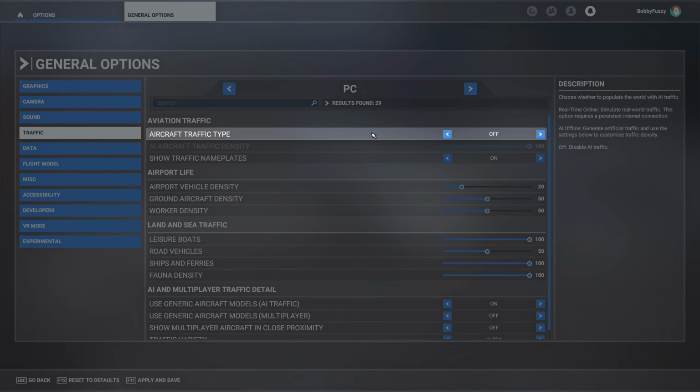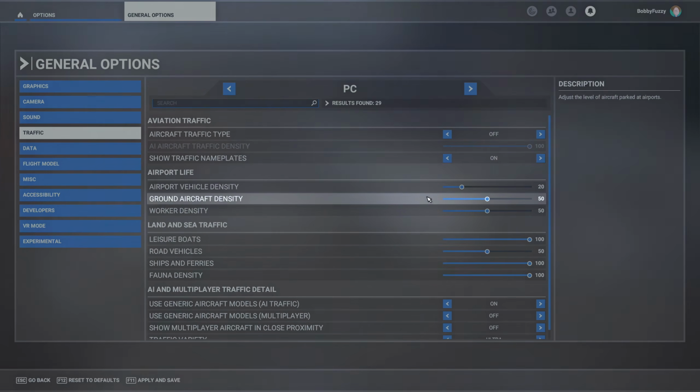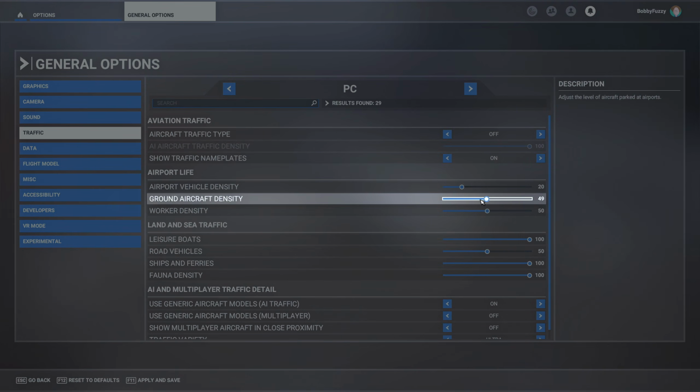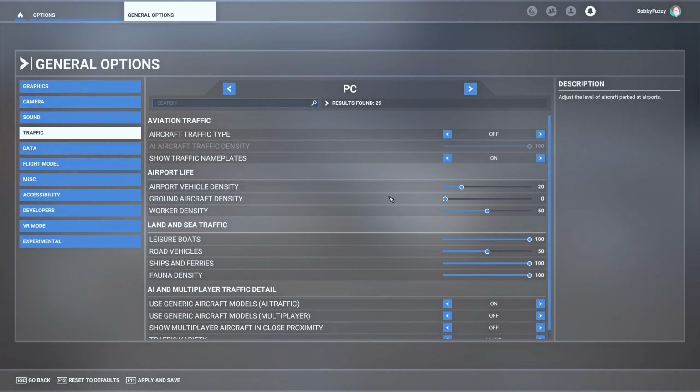You'll also need to make sure you have the ground aircraft density slider set to 0. This is something that seemed to trip a few people up with the setup after watching my AIG setup video, and I can see why. It may be tempting to turn this one up, and in fact setting this slider to anything higher than 0 will show parked aircraft on the ground, which it will pull in part from FSLTL or any other AI traffic